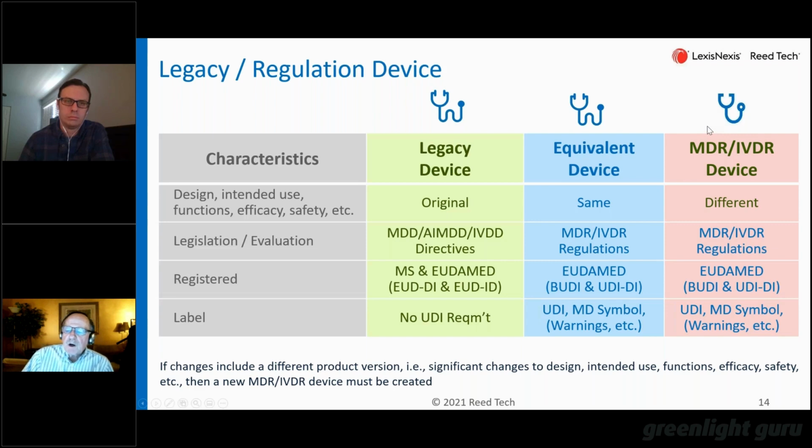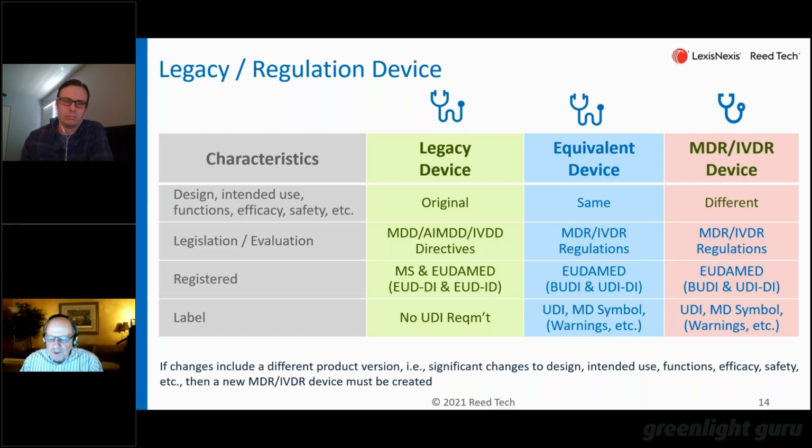Some companies are using this particular transition to roll in some pent-up design changes, or there's a market need or an opportunity to change the product. Maybe they add some additional capabilities, but now it's not technically the same. So, a real subtle one for those people that are keeping a close eye on the screen here. There were two loops in that stethoscope. Now there's only a single loop in the stethoscope. So there is a design change, and it has to be